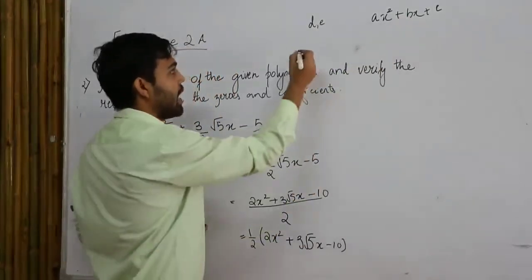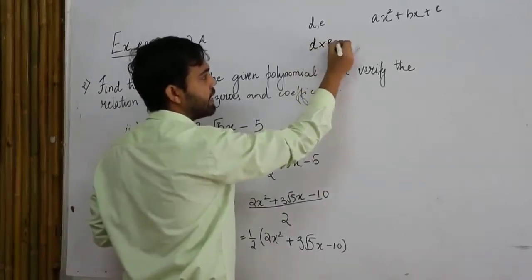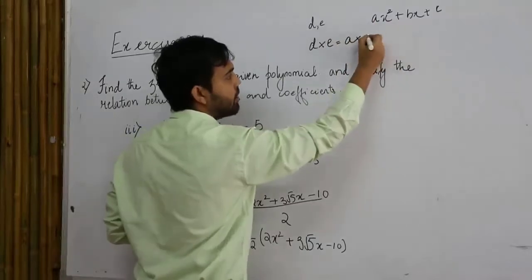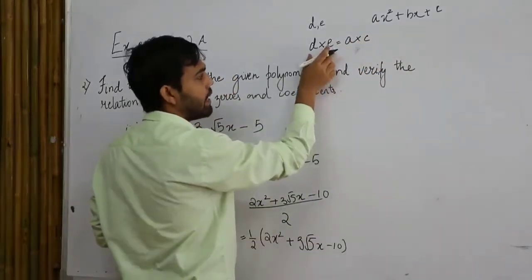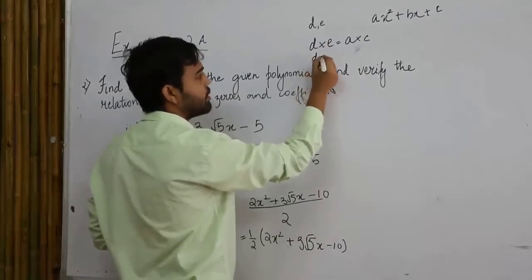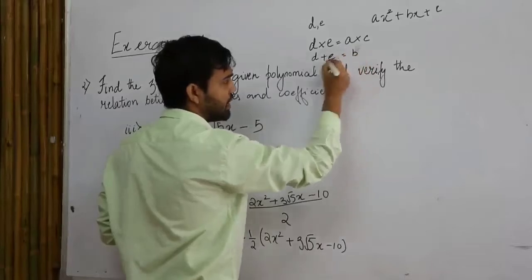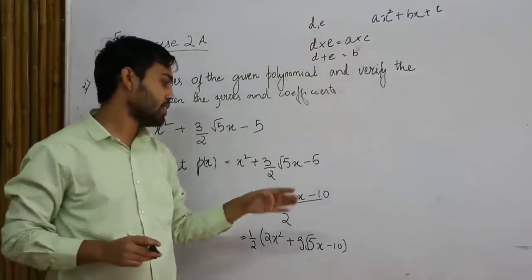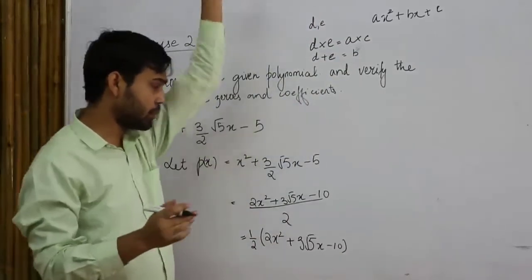So what I mean is, d and e should be such that if I multiply d and e, I get the product of the coefficient of x squared and the constant term. So this is my first point. The second point, when I add these two terms, I must get the middle term, so I must get b in here. So this is how I do middle term factorization. Similarly, I will do middle term factorization in here. So let us see how to do it.